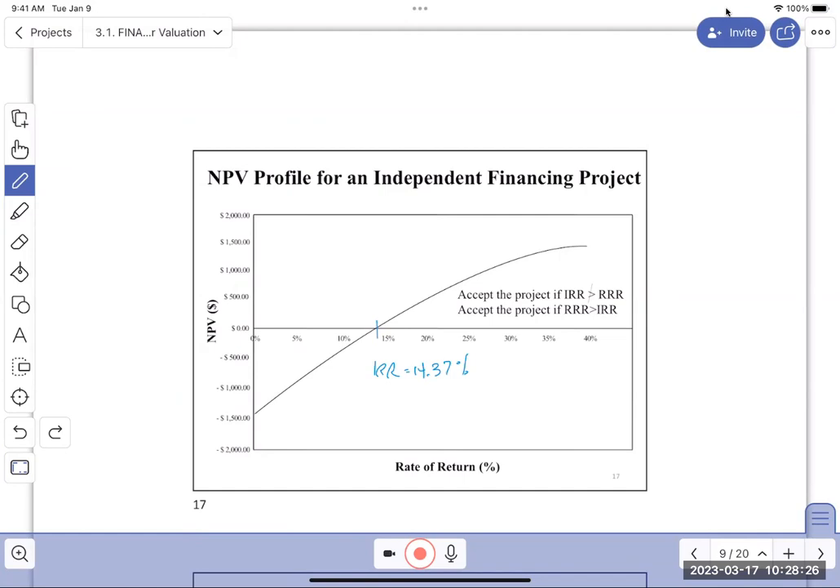Go back to remembering this is all based on the NPV, right? The way we calculate IRR. And I'm